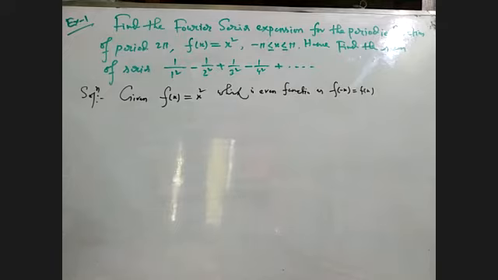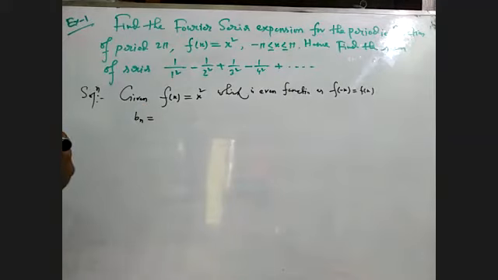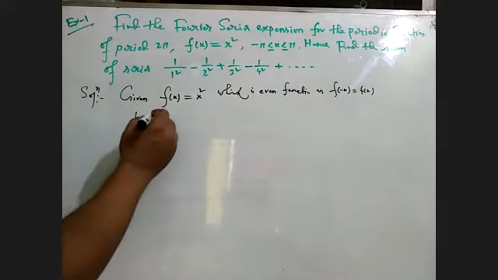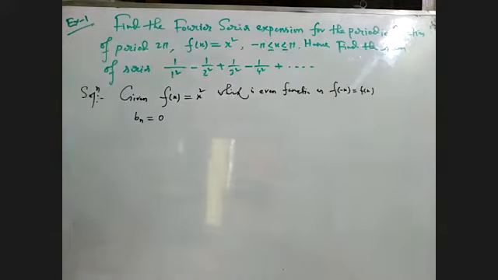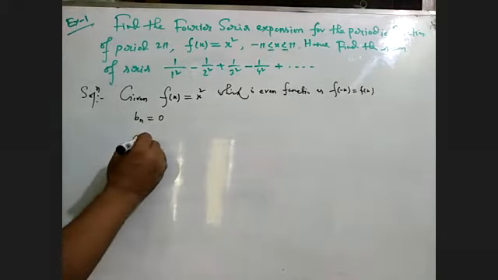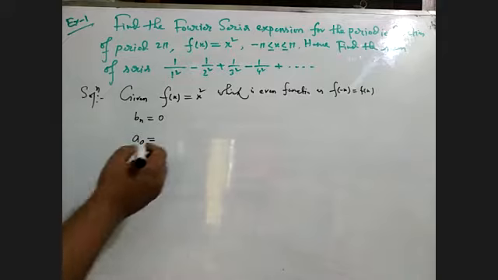So now if we want to find, you must know for this even function, bn equals to what will be? In the case of an even function for the Fourier series, bn equals 0. And a naught equals to what will be? From the definition for the even function of the Fourier series,